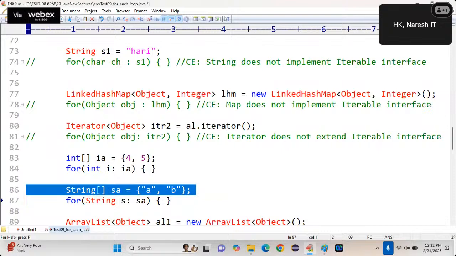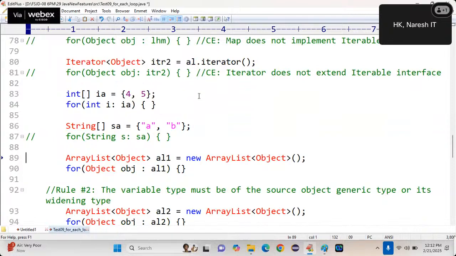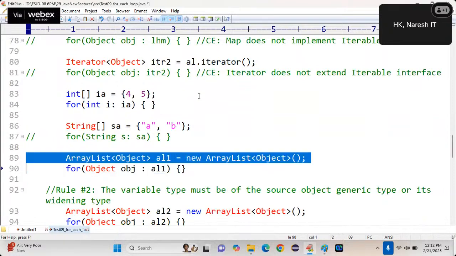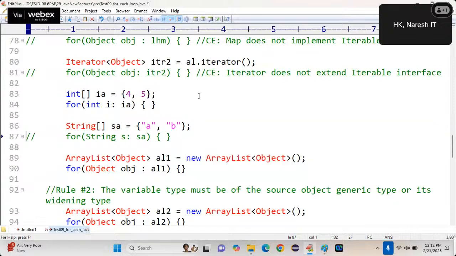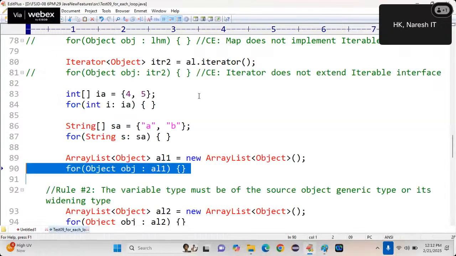Okay, now comment it. Then tell me. Now can I apply for each loop on an array list collection? Yes, sir. Because array list is an implementation of iterable. Why commented? Control 1, compile. Only check the compile time error. Runtime error not required. Okay, buddy?